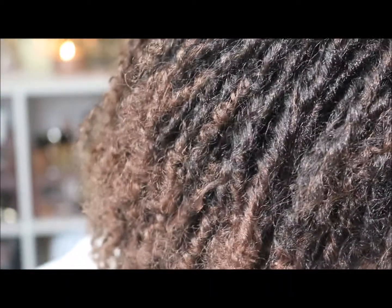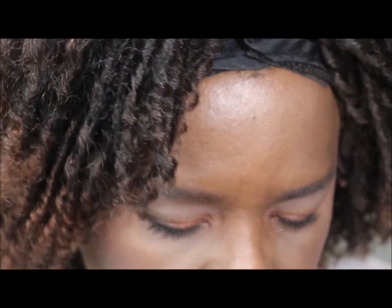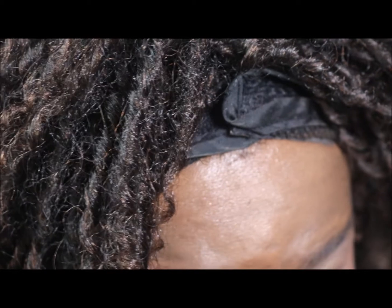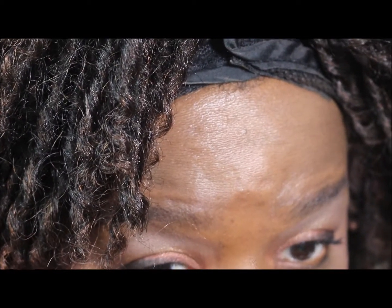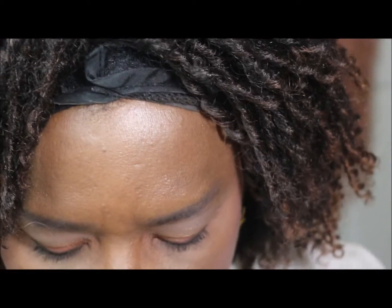Okay, let me go back in and do my under eyes. So I'm going to try to do that hot toddy. Take some off because I have really been going over. And I'm going to take this, run this hot toddy right, not on my waterline, but under my waterline. So now let's go in with the lip look. You can certainly take your finger or you can take a lip brush and work the colors in. I do have on already some